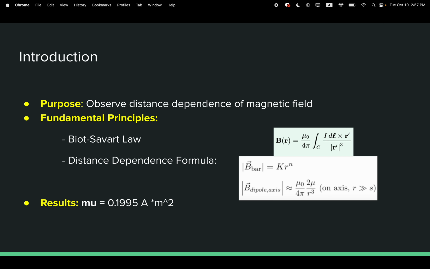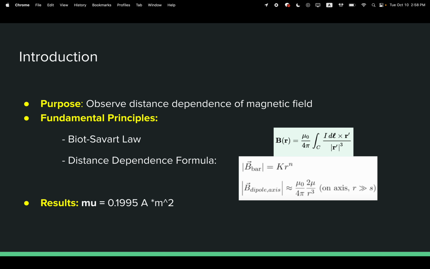The purpose of the experiment is to observe the distance dependence of the magnetic field, and the fundamental principles I use are the Biot-Savart law to calculate the B field and the distance dependence formula of the bar magnet, which is k times r to the power of n. To give you a brief preview of the results, the magnetic dipole moment